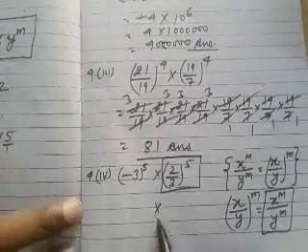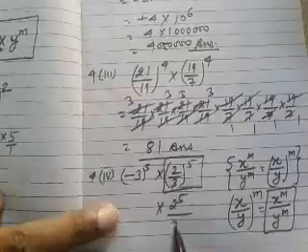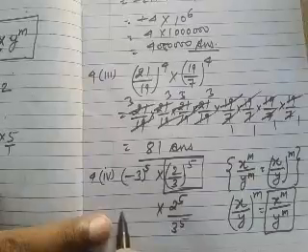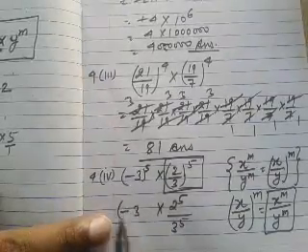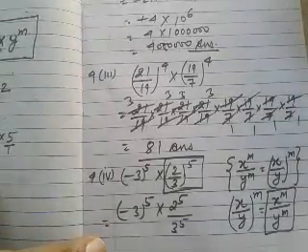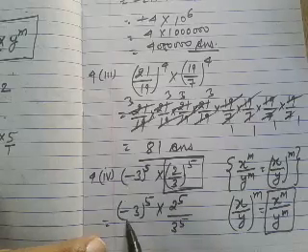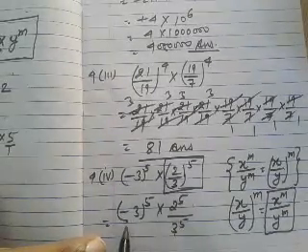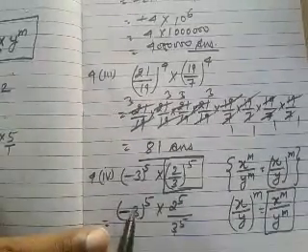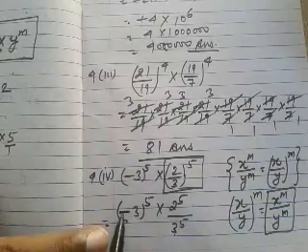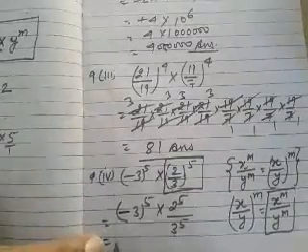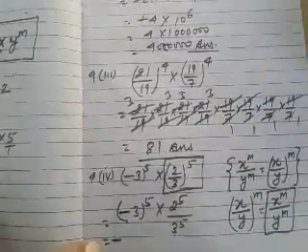So we can write 2 raised to the power 5 and 3 raised to the power 5, and here minus 3 raised to the power 5 is also present. So we can easily cancel out from this to this number, but be careful about this negative sign. And we will learn that if a negative rational number has an odd power, then in the result we will get a negative sign.